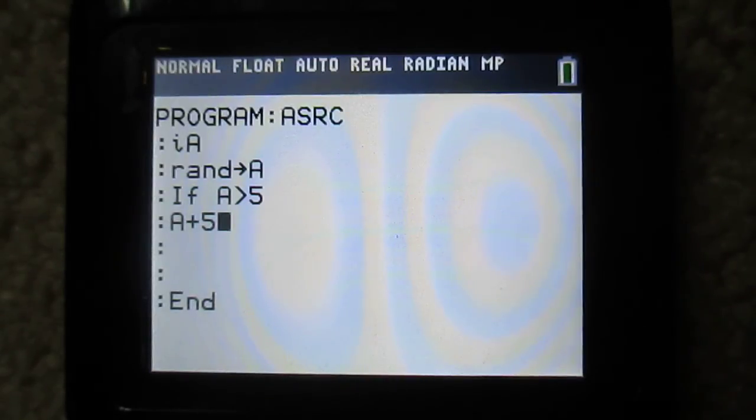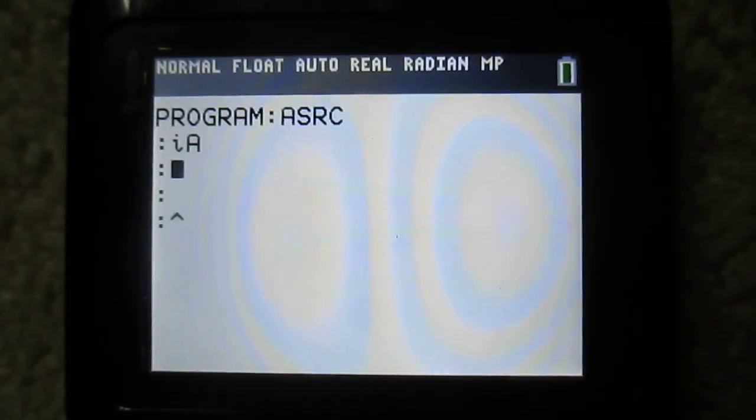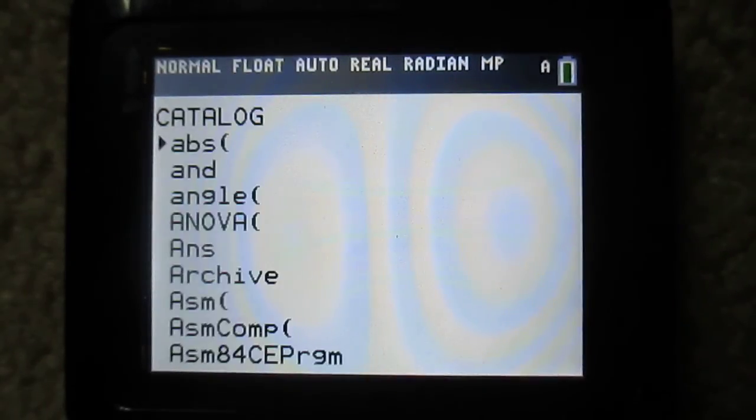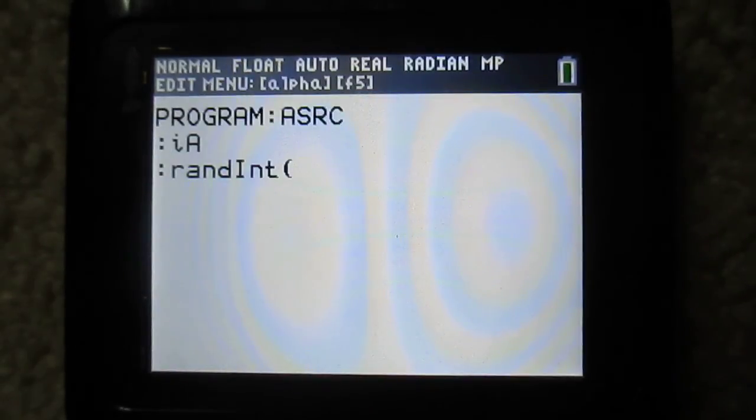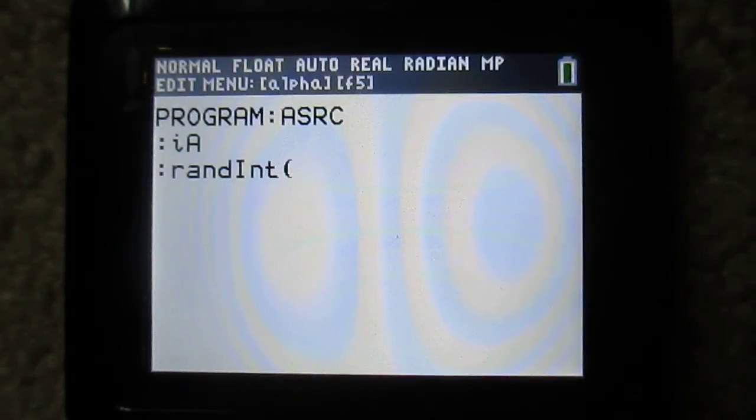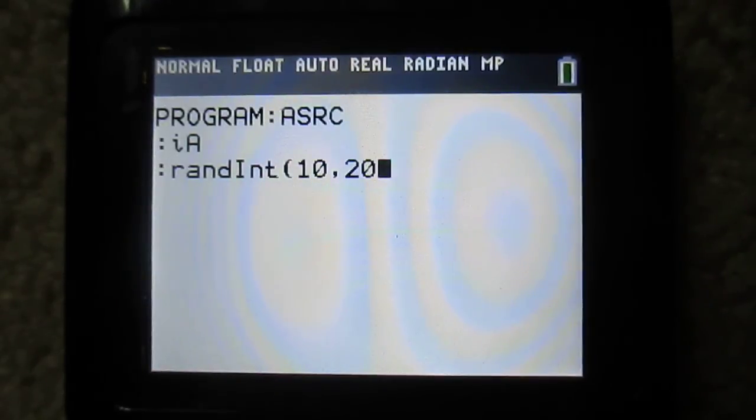But what if, say, I don't want a random value from 0 all the way up until 2 to the 24th? What if I want to have a range? So there's another command for that, and that command is random integer. It's randInt. And here it is. The arguments for random integer are your starting number and your stopping number of the range, your low and high number. So if I want a random integer between 10 and 20, I just do 10 comma 20,